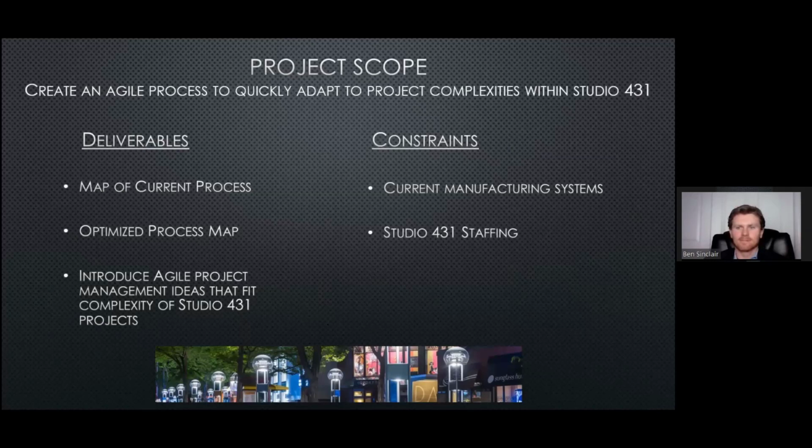There are also several constraints brought to our group during the initial meetings. One constraint, we will not be looking into changing the manufacturing systems within Studio 431. They have the capacity to produce current projects now, as well as the predicted growth of projects in the future. And lastly, we will not be looking into the staff and what each member does within their department. Simply put, we focused on providing a more efficient process map as well as agile ideas to benefit the project